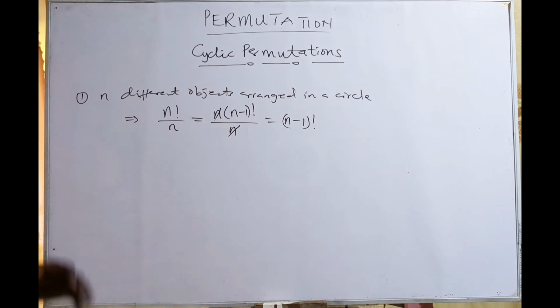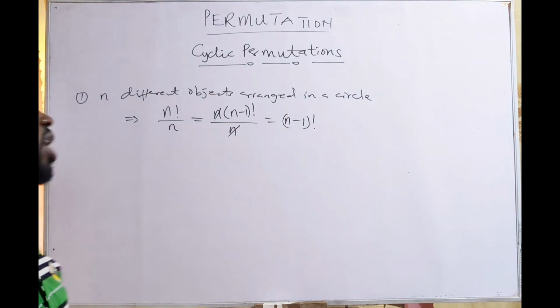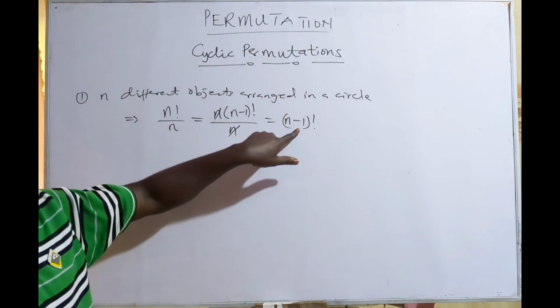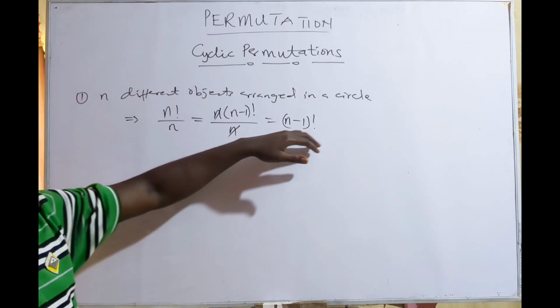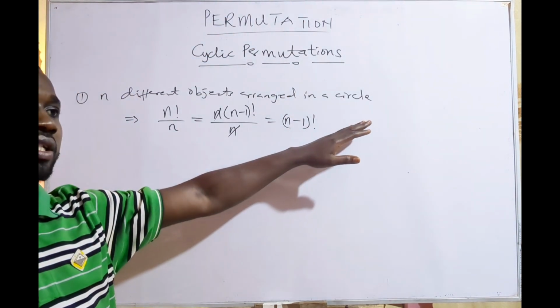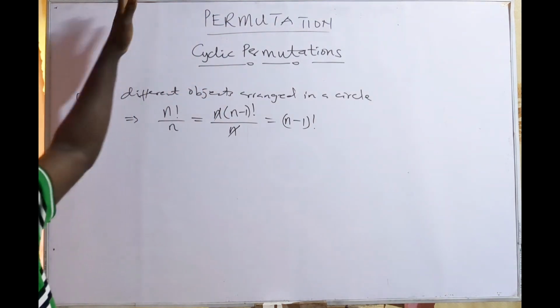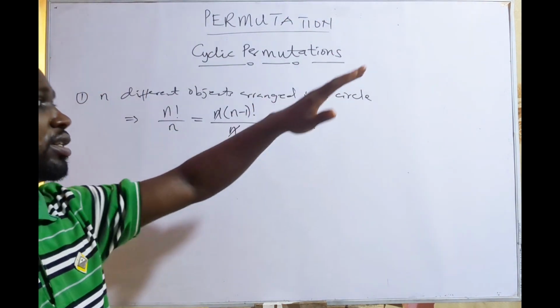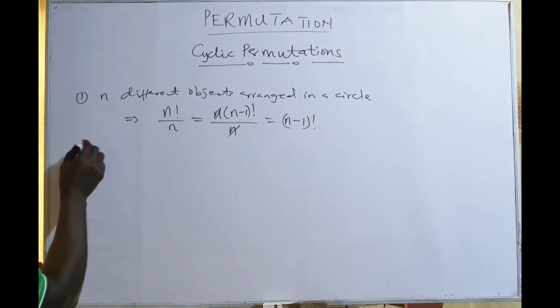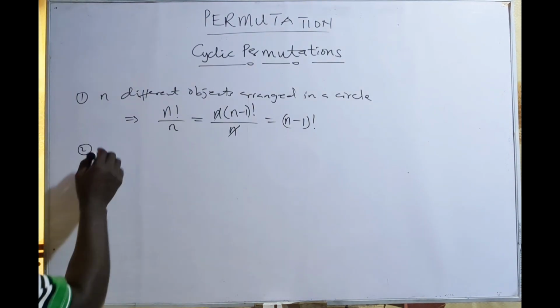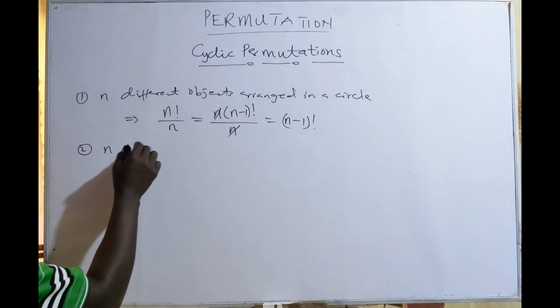So when you are given different objects and you are supposed to arrange them in a circle, your arrangement is going to be n minus 1 factorial. So if it is 5 objects you are arranging in a circle, then that will be 5 minus 1 factorial. Alright. And then number 2, if I have n different objects